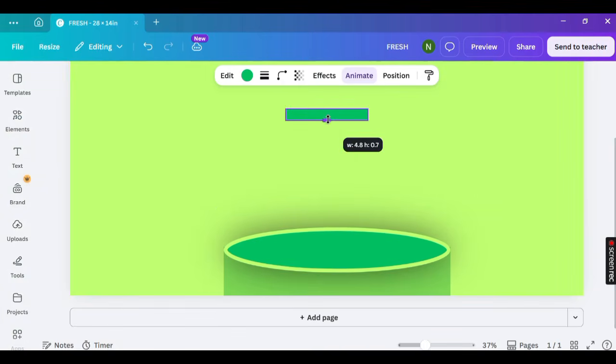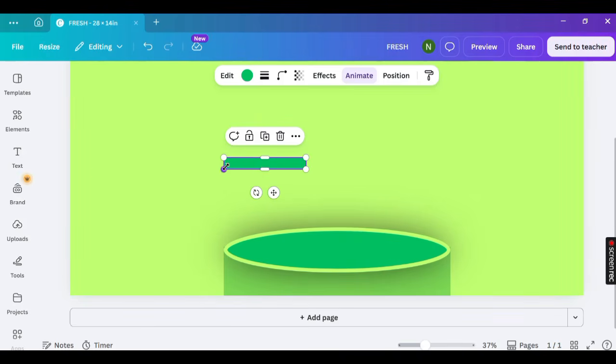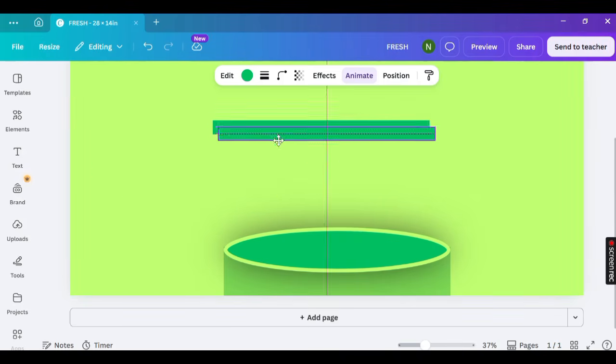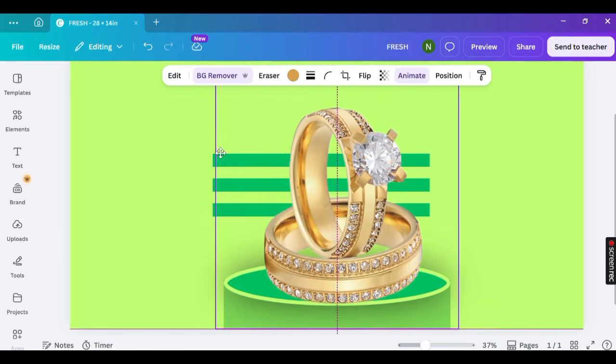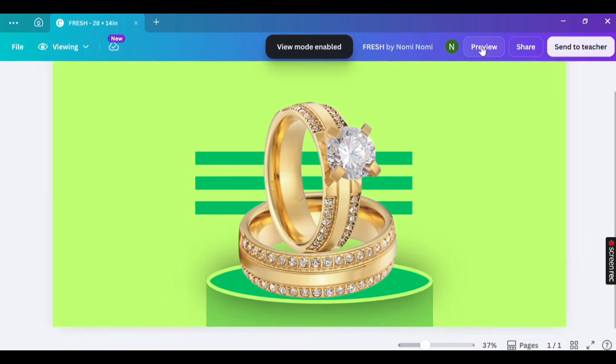Add 3 supporting frames around the primary frame and place complementary images inside them. Apply soft shadow effects and reduce the blur settings until they appear natural. Duplicate the main frame